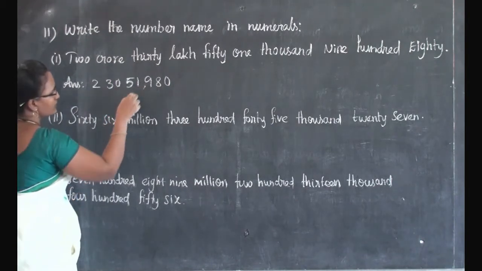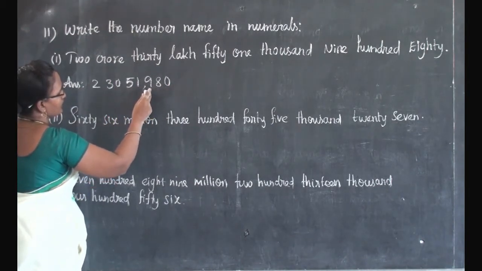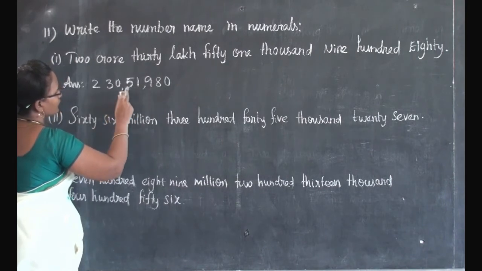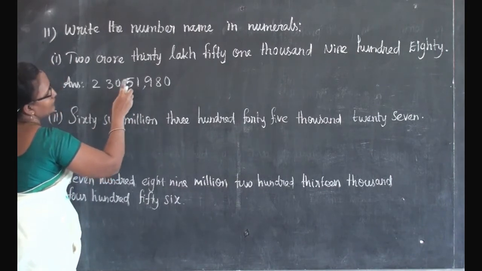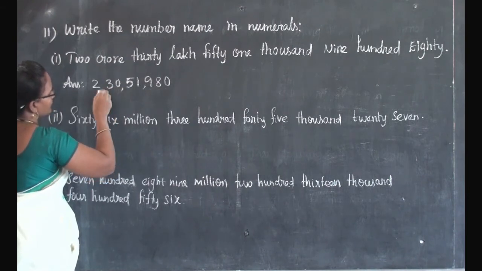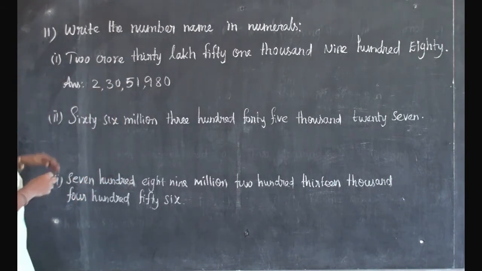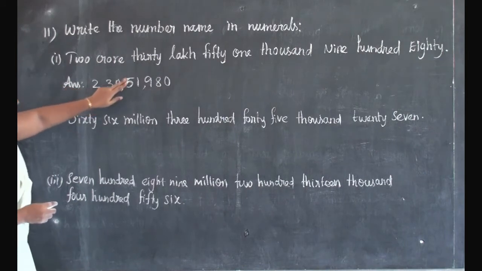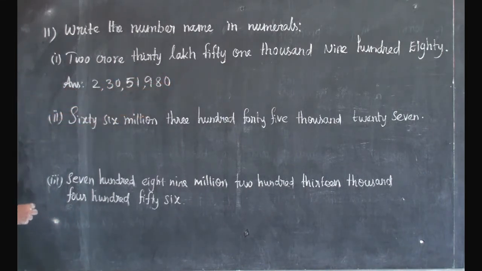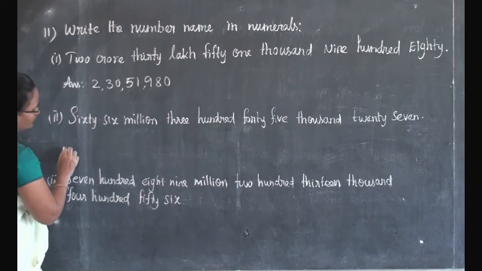So put commas: ones, tens, hundreds. Here 1,000, 10,000, 51,000, and then 30 lakh. So before 2 digits we put a comma. 2 crores 30 lakh 51,980. And then second one,